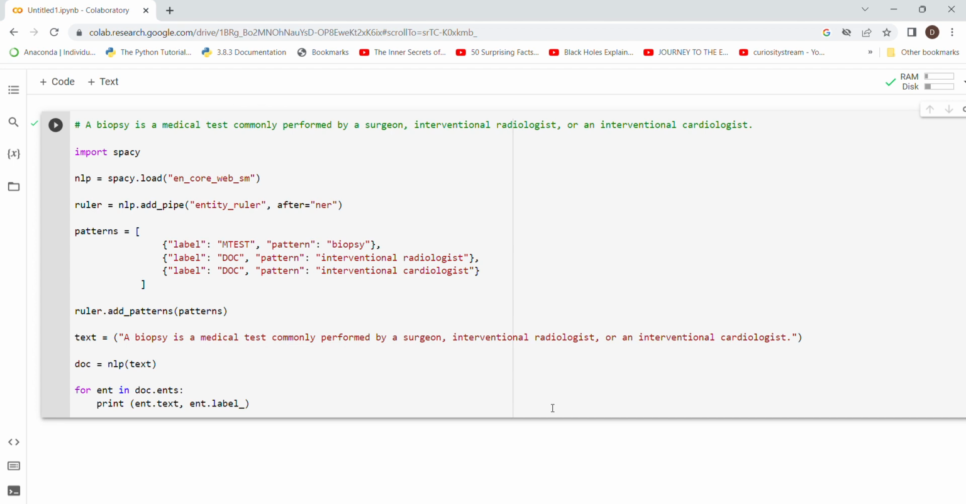Rules-based approach means that one has to specifically write what constitutes a named entity. Rules-based approach can be used when the number of variations to a named entity are limited or when the dataset is small. So first I have imported spaCy, and then in the second line I have loaded the small English